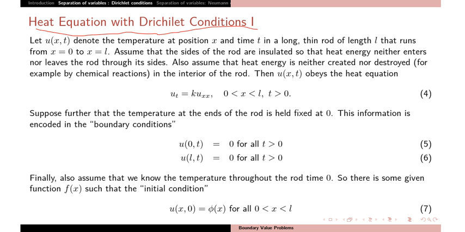So I write the heat equation u_t = k u_xx on the finite domain 0 to L, and we have two boundary conditions. When x equals 0, the solution is 0, a homogeneous boundary condition, and these are Dirichlet conditions. Dirichlet means a condition on u, no derivatives are involved. Also we have one initial condition: when t equals 0, the solution is phi(x).